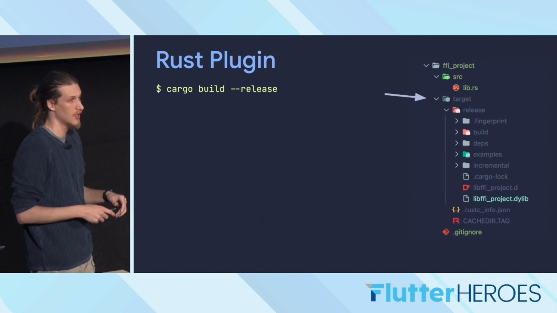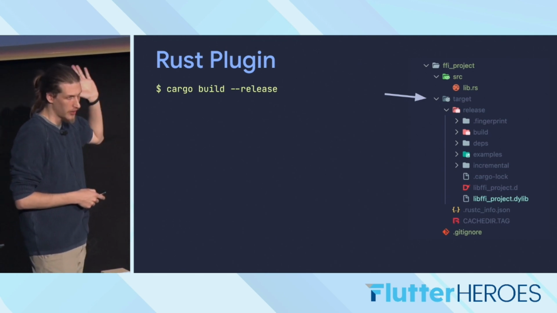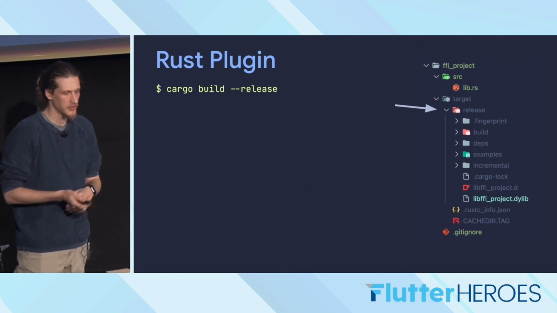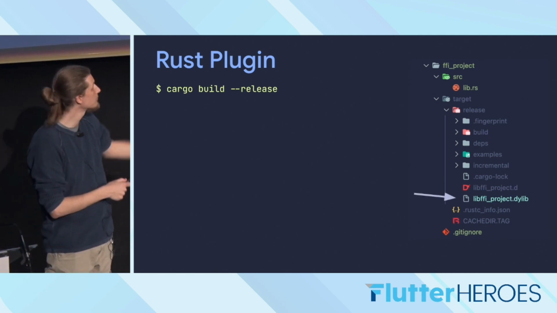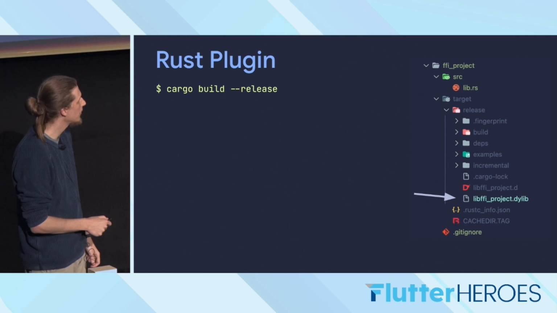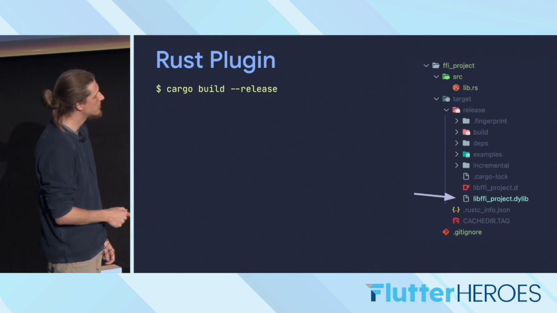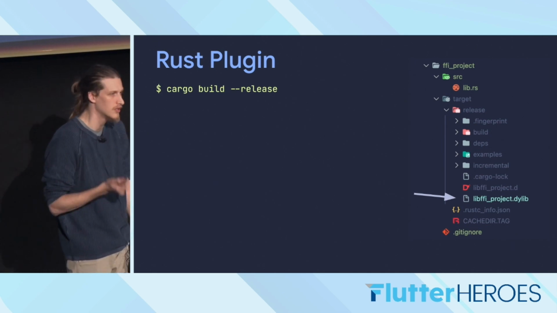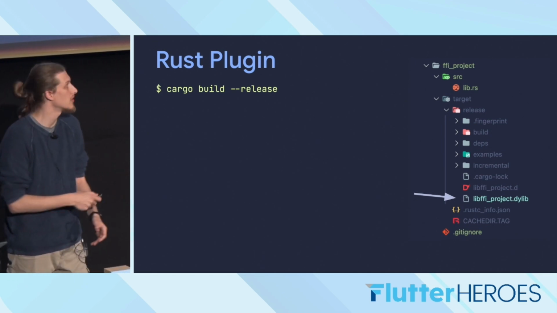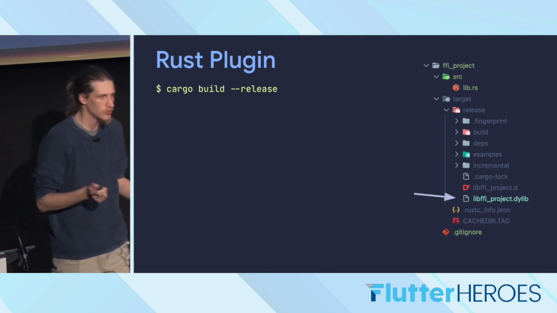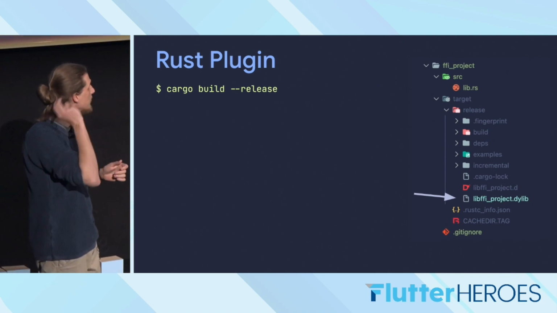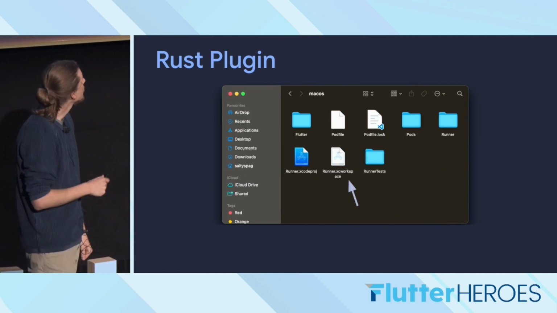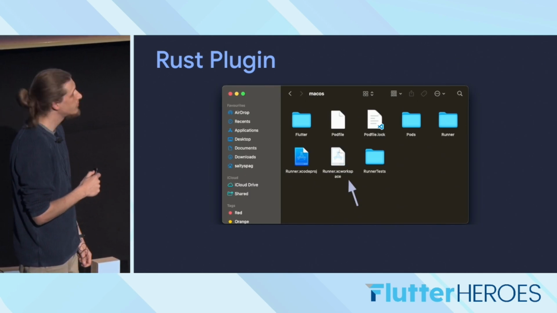So what do we need to do? We need to build the library manually, okay? And then we need to go inside the building folder and take our library, okay? This is the compiled dynamic library. This is a specific format that macOS and iOS want. In the case of Linux and Windows, you are going to see an SO file, and you don't need to do anything with those files. But for macOS and iOS, you need to take that file, then go inside the macOS folder of your